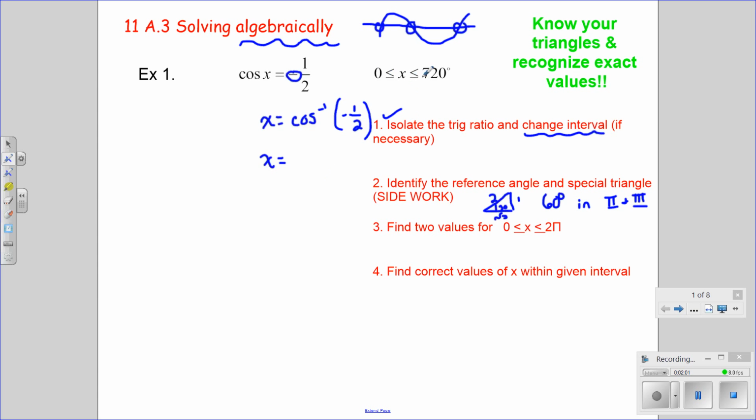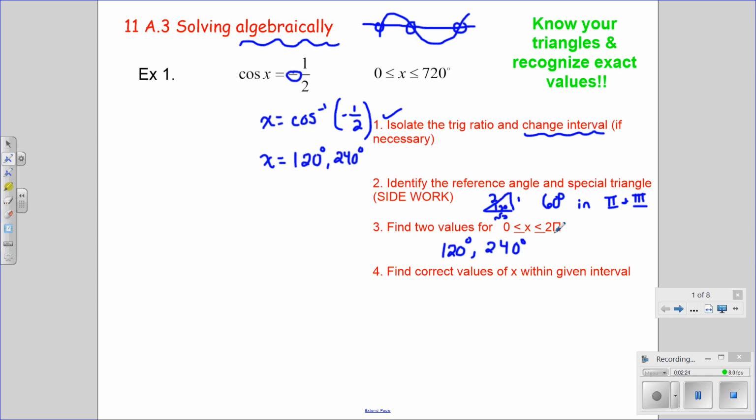So when I'm between 0 and 720, 60 degrees in quadrant 2 would be 120 degrees and 240 degrees in quadrant 3. So I have two answers already, and those two answers, though, only satisfy my interval from 0 to 360,